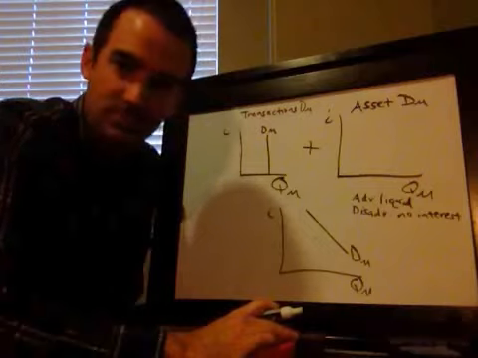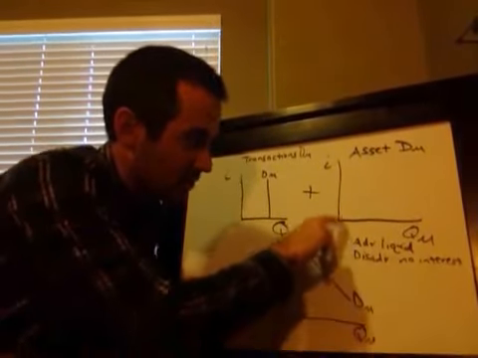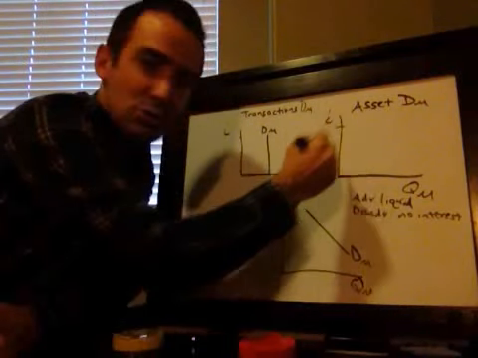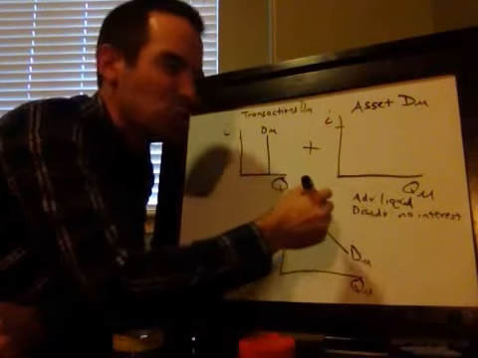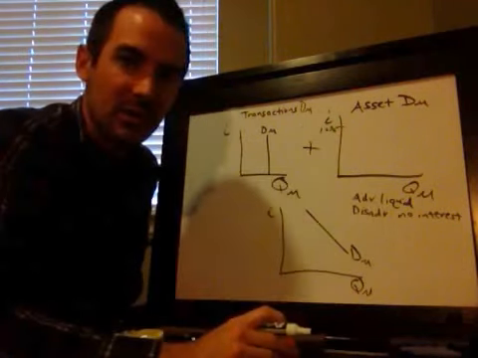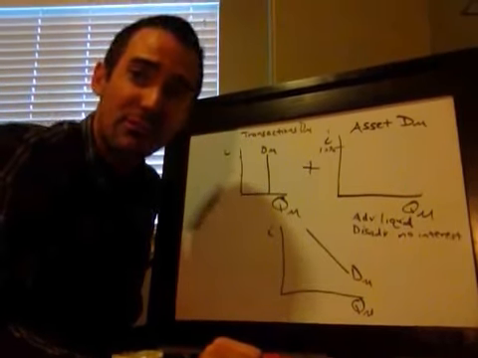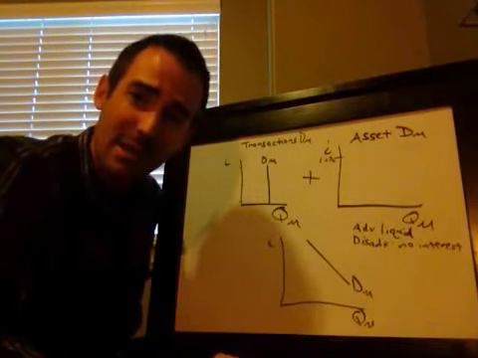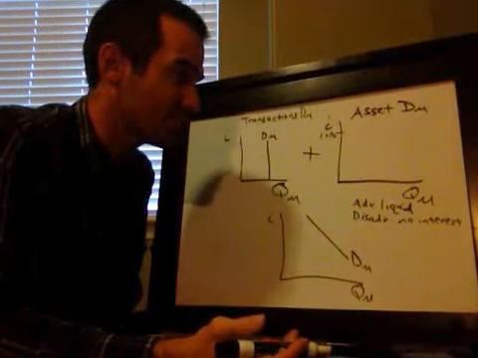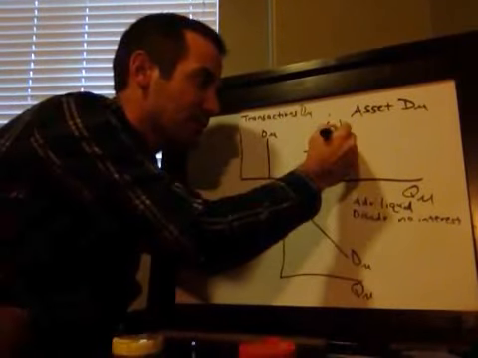All right. So, wait a minute. That's going to tell me what the shape of this curve is going to be. Think about it. If the interest rate is super high, something gigantic, like you could earn 12% interest by putting your money in the bank, that's a huge disadvantage if you were to store your money as cash, like in your freezer like a drug dealer, or under your mattress, or in your checking account. You're giving up a huge interest rate. So you might say to yourself, well, I'm not going to store my money as cash. I would rather store it in a different way and earn that huge interest rate.